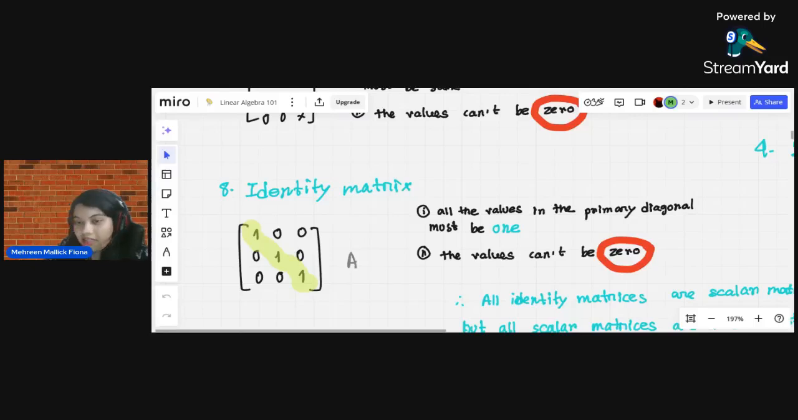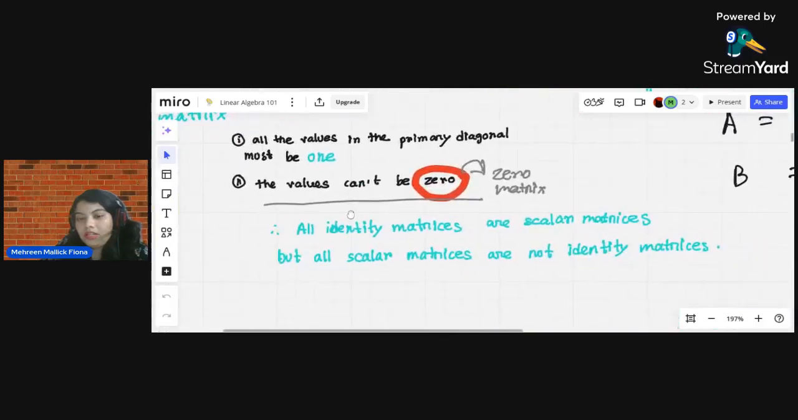And another thing, same as before, the values cannot be 0 in the primary diagonal, otherwise it will go back to a 0 matrix. So we must avoid that. And one important finding is that all identity matrices are scalar matrices, but not all scalar matrices are identity matrices, because